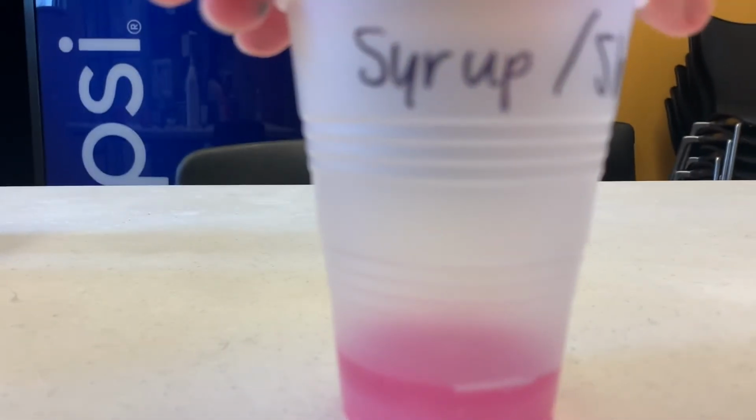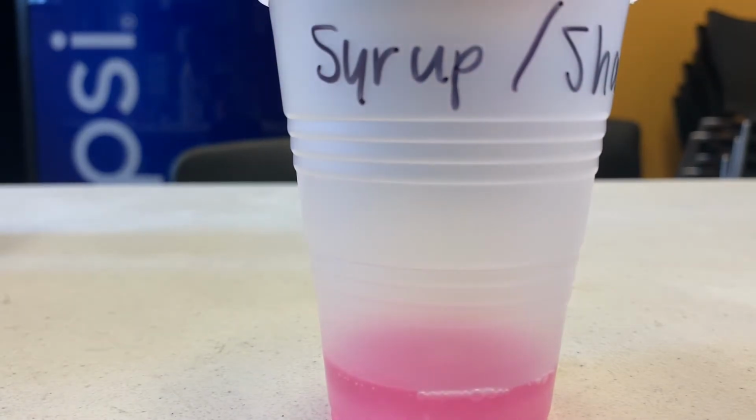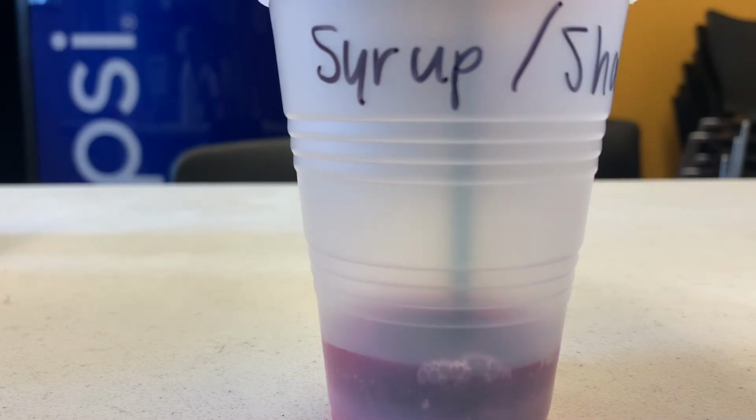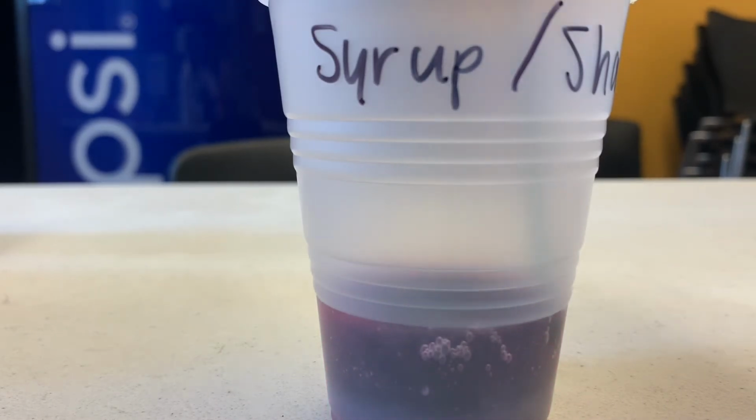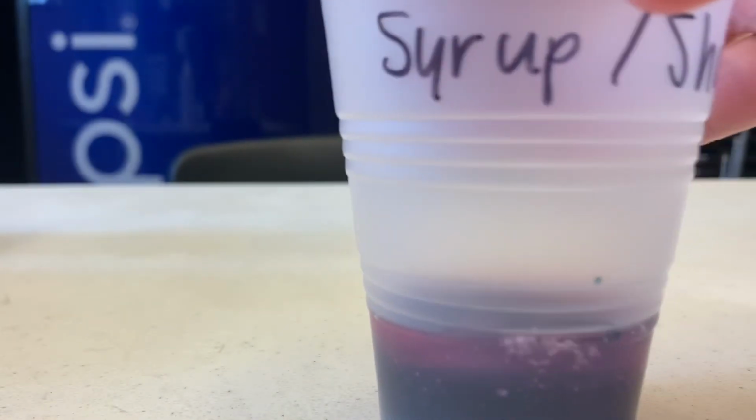And I'm going to take some syrup and shampoo. I already have the shampoo in there. So then I'm going to take my syrup mixture. I use the blue in there, and I'm going to pour that in there. And you can see that the syrup is more dense than the shampoo. So it sinks to the bottom and the shampoo floats to the top